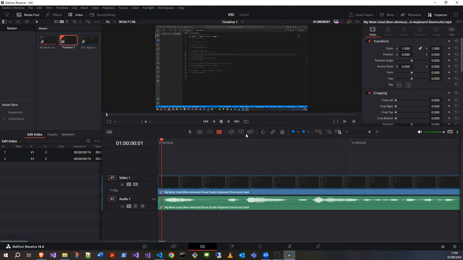Just note, the reason why I don't like using the mouse is that, say if I select the razor and press it there, it doesn't actually do the audio as well. So not only are you pressing twice, but if you zoomed out a little, it's very easy to get those slightly out of sync. And if you did it with the mouse, you could then manually highlight the clips and press delete. I'm not going to do that because I want this, but let's say I use the mouse instead of the left and right arrows, which is what I prefer,